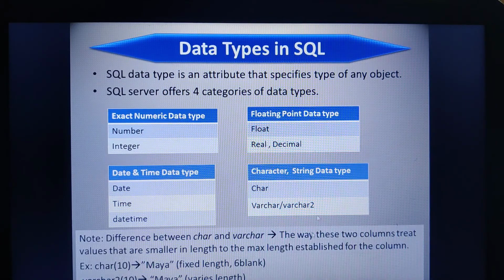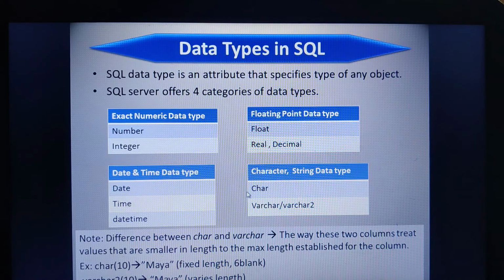I'll give an example. Here you can see char of 10. That means I am declaring a data type char whose size is 10, but I am storing the data as Maya, M-A-Y-A. Hardly 4 bytes of data it will take, so obviously 6 bytes will be filled with blanks. That means it's a waste of memory, isn't it?